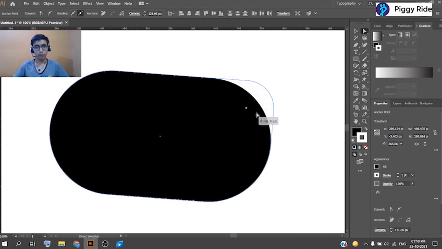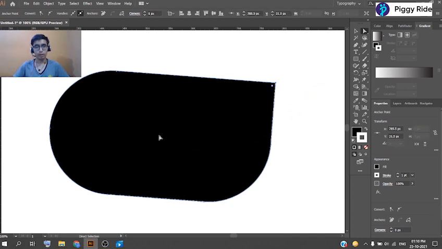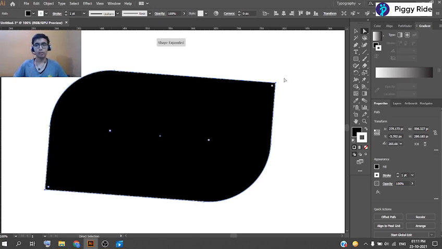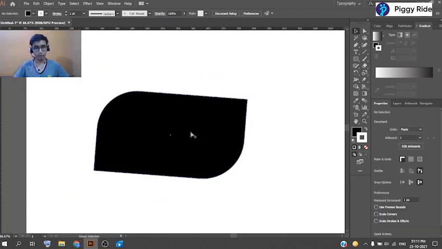So now you can see only this corner has been rounded. For example, if I have to round this side, the left part, I will just click, and you will see a boundary over here on the left bottom. So it will now round just the left bottom part, so we can make a new shape from this.